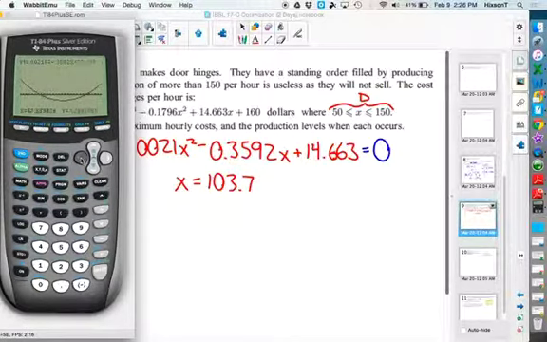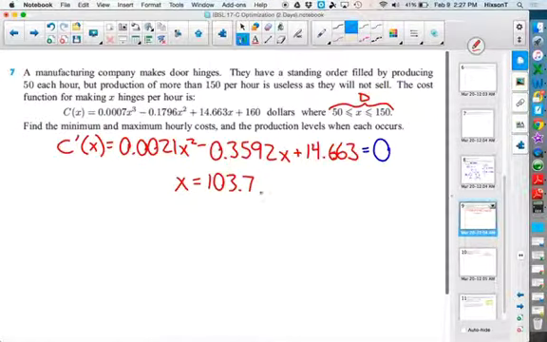Need to get to the left of this, and then I'm going to do second calculate. My 0, left bound is there, right bound we'll put there, and then a guess right there, and we see it's 67.3. Okay? So 67.3. If you got the quadratic formula, you get the same thing. Now, here's the deal. We've got